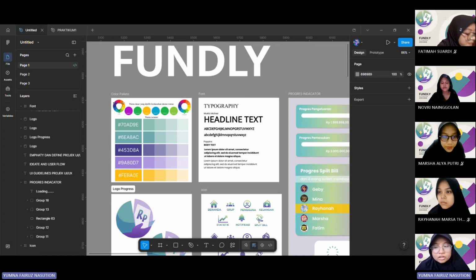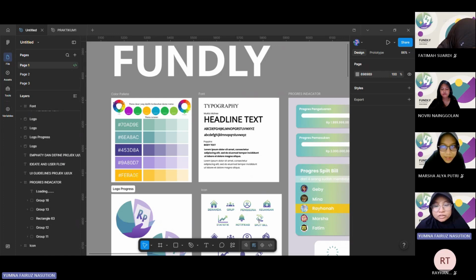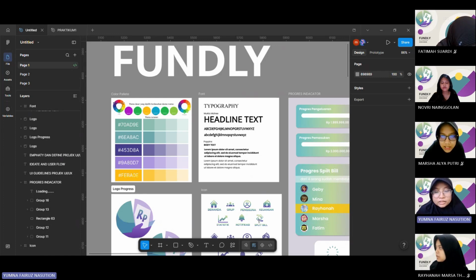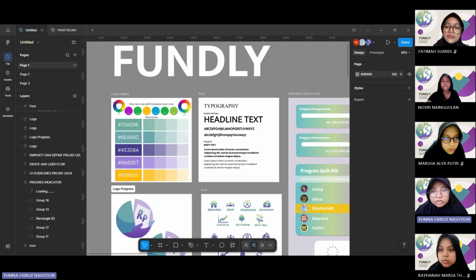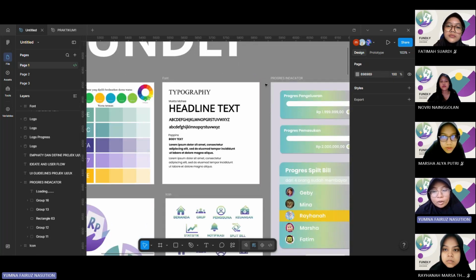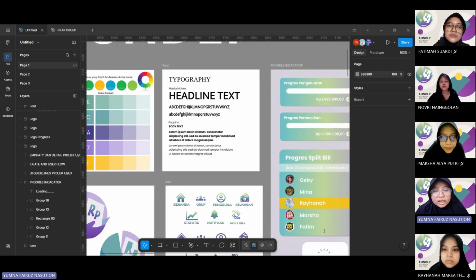Blue-green, with its hints of green, brings a sense of growth, balance, and calm, symbolizing financial progress and a stress-free approach to budgeting. Together, these colors create a palette that feels both trustworthy and approachable, reassuring users as they track and grow their finances. For typography, Mukta Mahee is used for headlines, while Poppins is used for body text for clean readability.